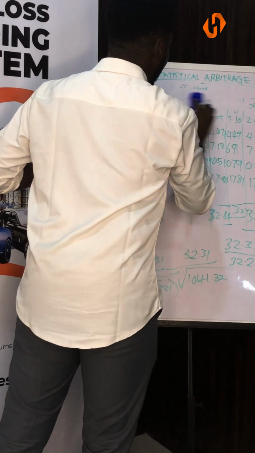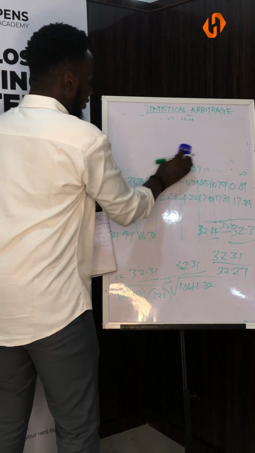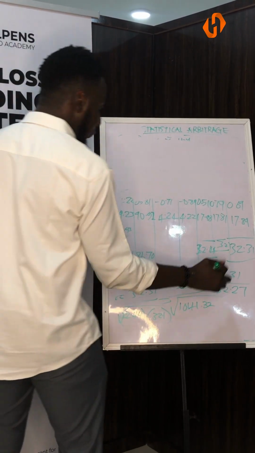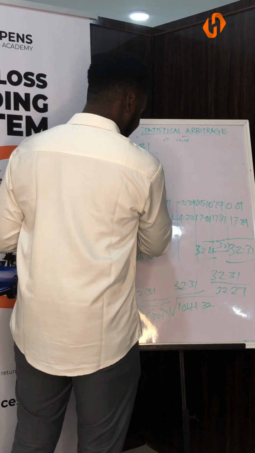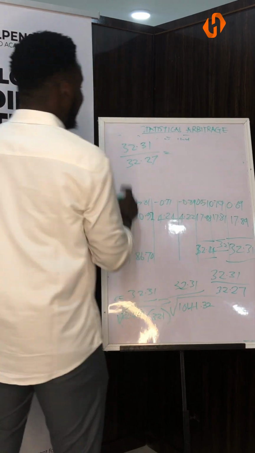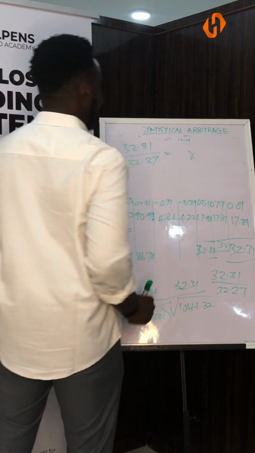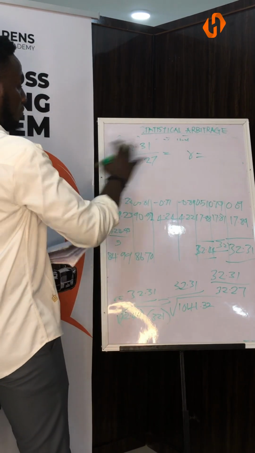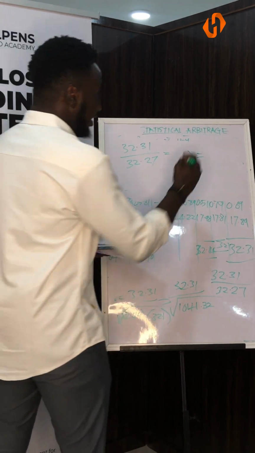So let me wipe off part of this place because we're using a small board to do this calculation, but I hope you're following. So we have 32.31 divided by 32.27. By the time you do this calculation, you'll find out that r, which is the correlation coefficient, is equal to